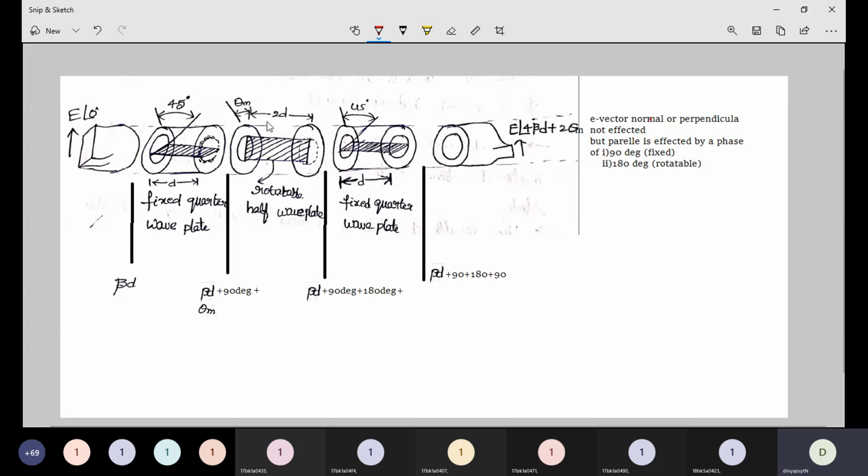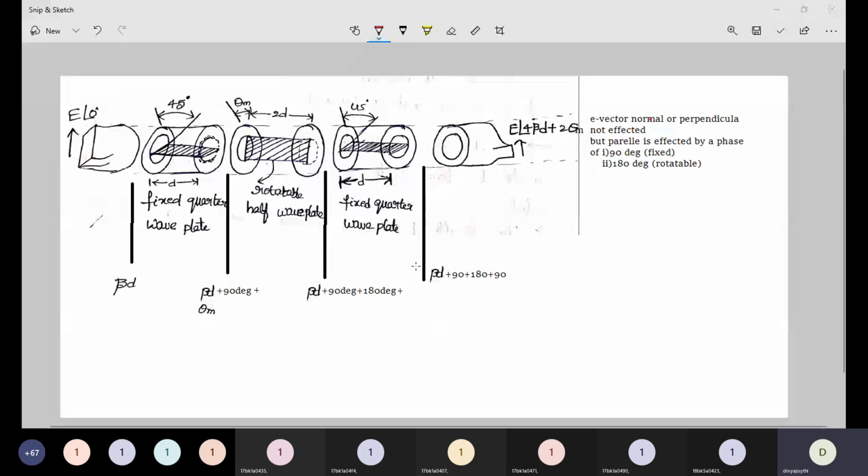So here we can simply say that this rotatable circular waveguide is going to produce two pairs of components, where one pair of components will pass parallel to this particular waveguide, whereas the other pair will go through the circular waveguide perpendicular to that. If they are parallel, as it is introducing 90 degrees, this rotatable waveguide will introduce 180 degrees, already having 90 degrees. And if it is parallel to this one also, then it is going to introduce another 180 degrees. So that is how the operation is going to be in rotary vane phase shifters.